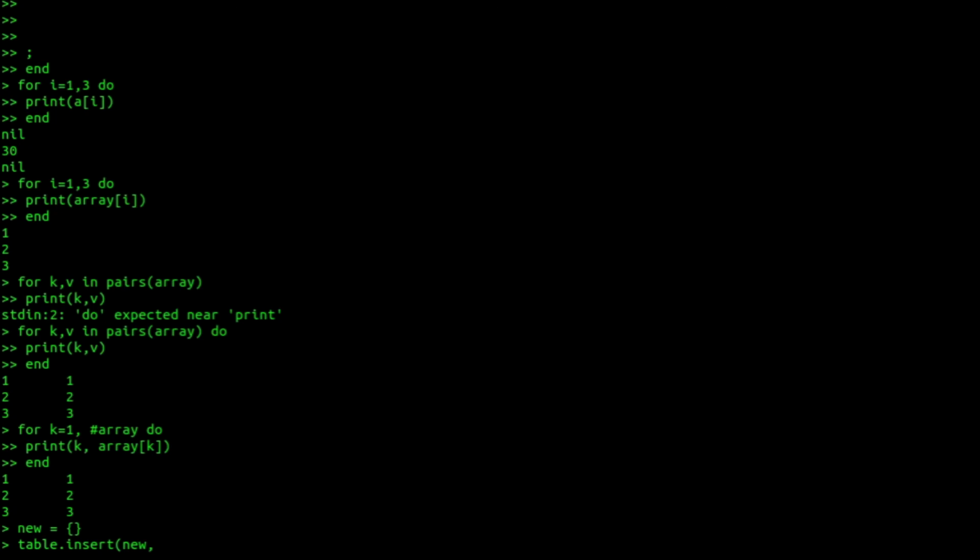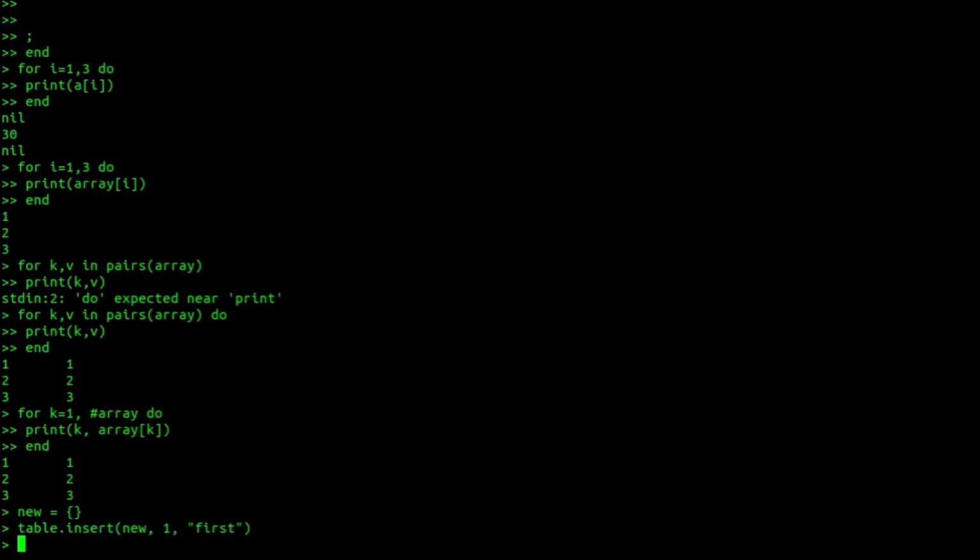Then the second parameter will be the position at which I want to insert the value. Let's say I want to insert at the front, so I will say 1, the first index. Then the value which I want to insert. For now I'll say the string first. So the only element right now in our new table is first with index 1 or key 1.